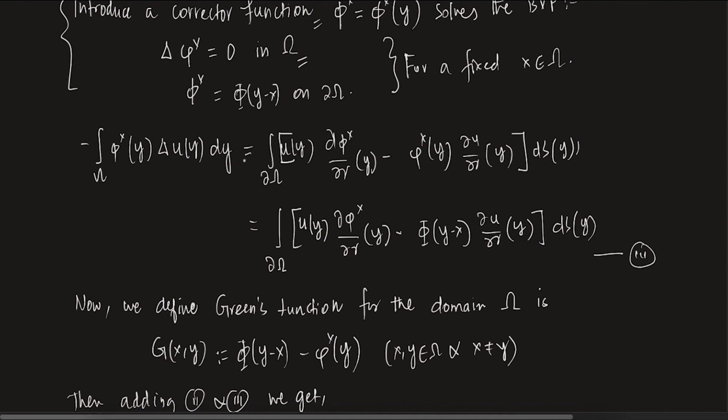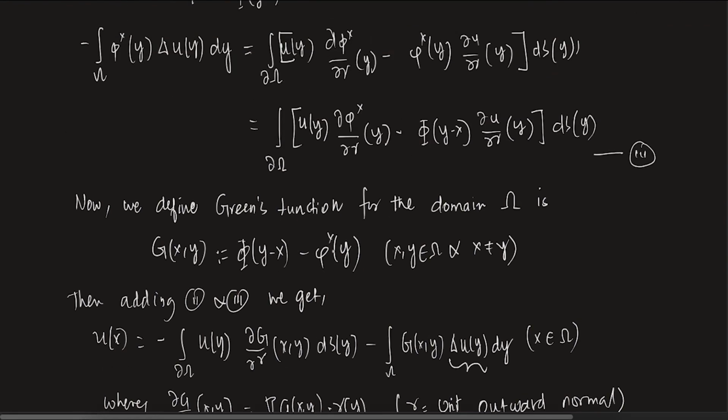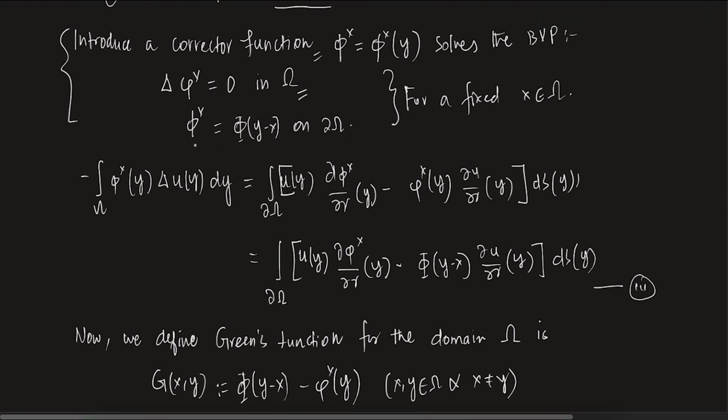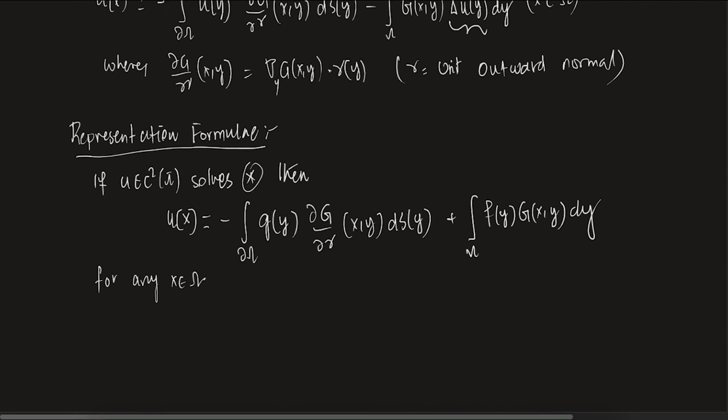And once you find the corrector function, you just define a Green's function like this. There is nothing special actually; I just defined it to make it short. Once you define this, you realize that g on the boundary of the domain is going to be 0, right? So you just have to find a g which does this, and then you write down the representation formula in terms of this function g.